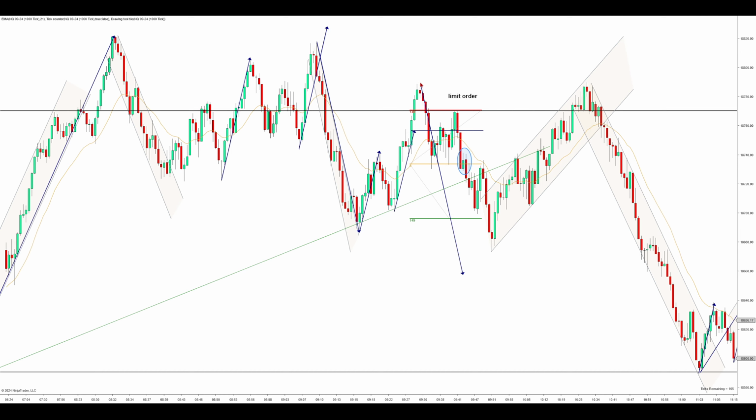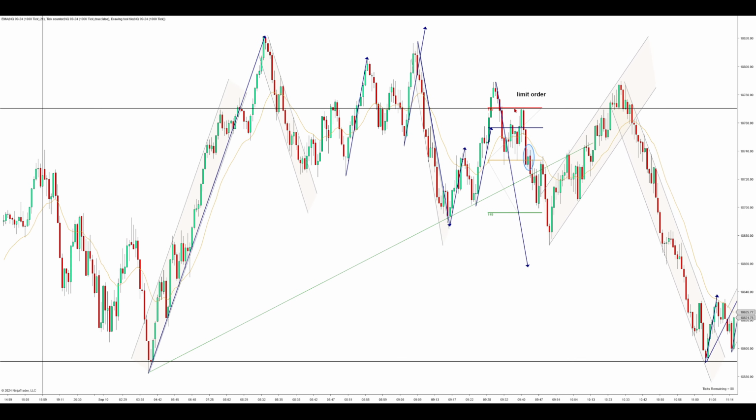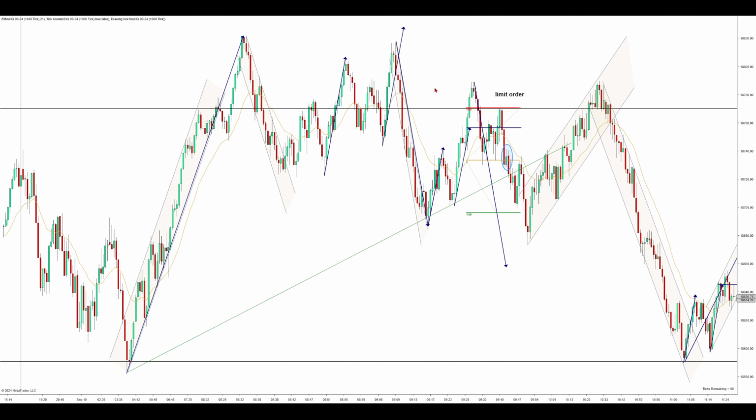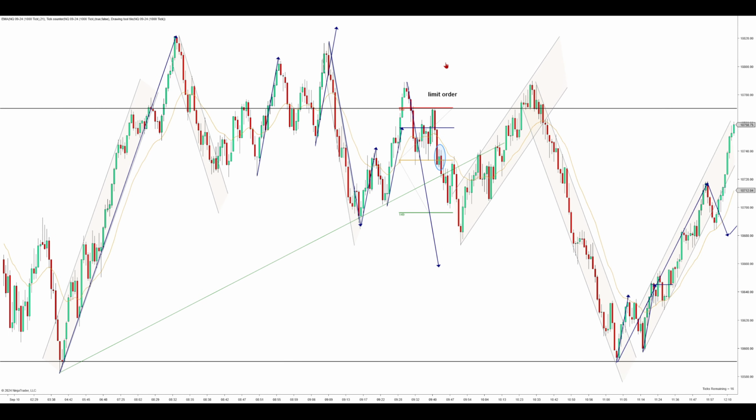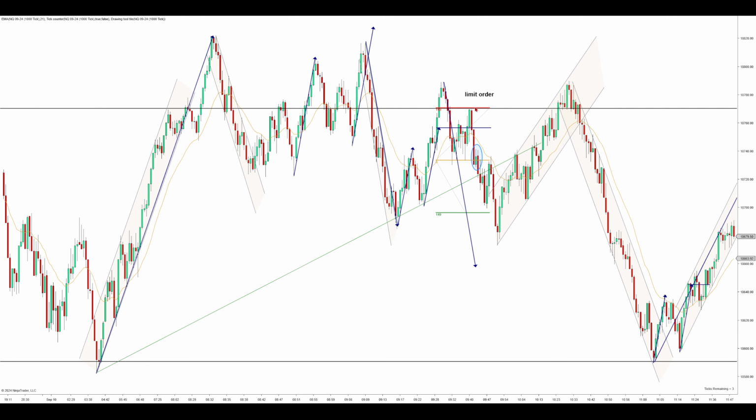So starting from this top here, we have first entry long, second entry long, and then failure. I didn't want to enter on this smaller one because it did get back above the EMA, but then when we got this extremely bearish reaction, I wanted to continue with these bigger picture ones, because as you can see here, even though from here you have first entry long, second entry long, failure, since this is a two-legged break and it really looks like one leg on a bigger picture, this extra attempt is giving